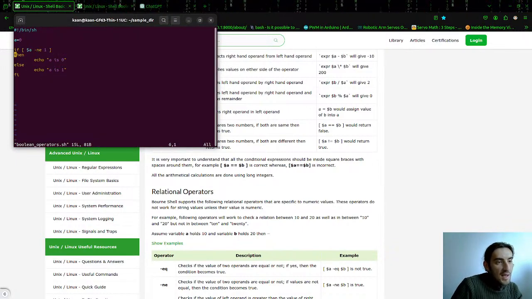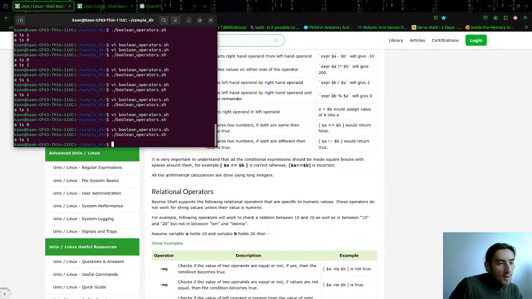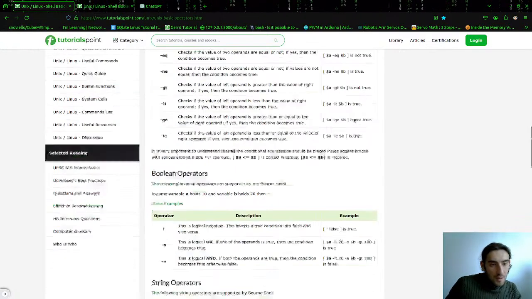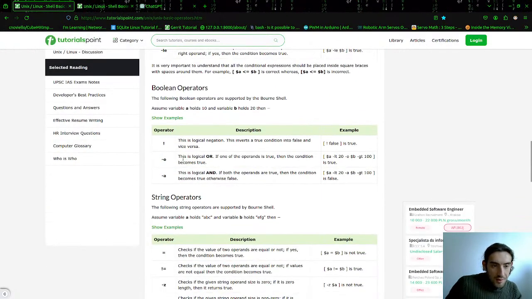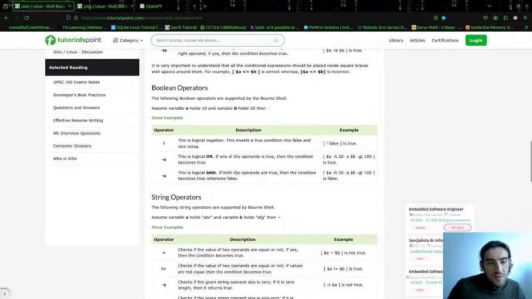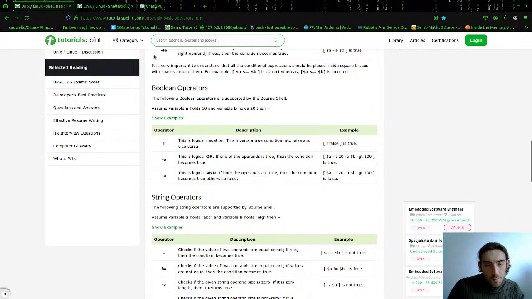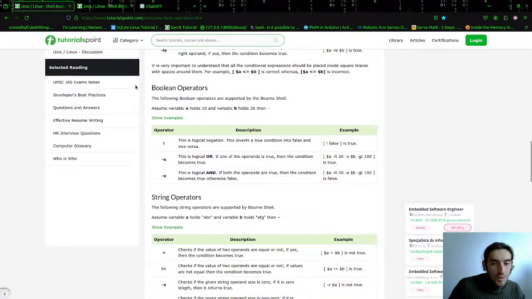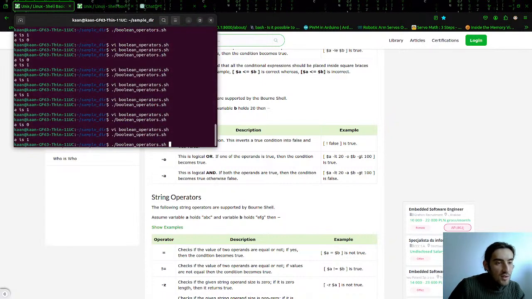Let's change the A. Let's make it 1. Now A is 1. So okay, now that's okay. This is logical OR. If one of the operands is true, then the condition becomes true. Logical OR. So for example, we can actually check,